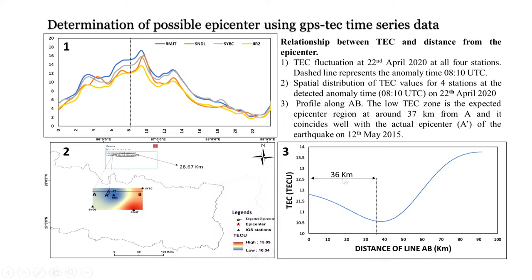You can see here it is giving 36 kilometer, and here we have 28 kilometer. So there is very little difference between the actual epicenter and predicted epicenter. This 8 kilometer difference is nothing actually. If we are able to get this information 10 or 15 days before an earthquake, there is nothing bad. But the only thing is how we can enhance our confidence that this anomaly is going to cause an earthquake. We have to have more data, then only can we enhance our confidence,